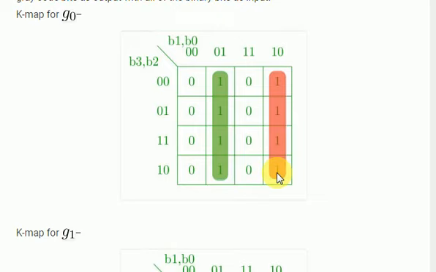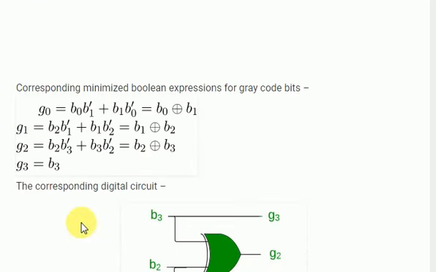So basically there are two quads here. When we simplify it, we get the answer for G0 is equal to B0 B1 complement plus B1 B0 complement, that is equal to B0 exclusive OR with B1.